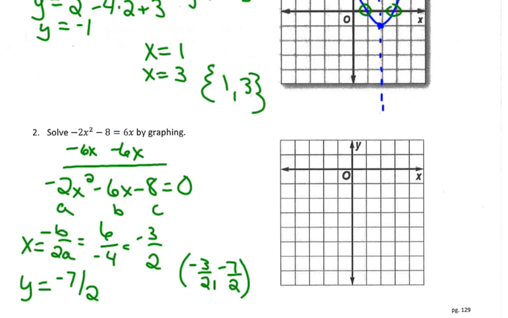I know the axis of symmetry is right there, so I'm going to plot this. So this means over 1.5, down 3.5. 1, 2, 3, half. So that's my turning point. My y-intercept is at negative 8. 1, 2, 3, 4, 5, 6, 7, 8. I'm going to just kind of sketch in the axis of symmetry. So that means I know I need a point that's 1.5 on the other side. 1.5. So when I graph this one,